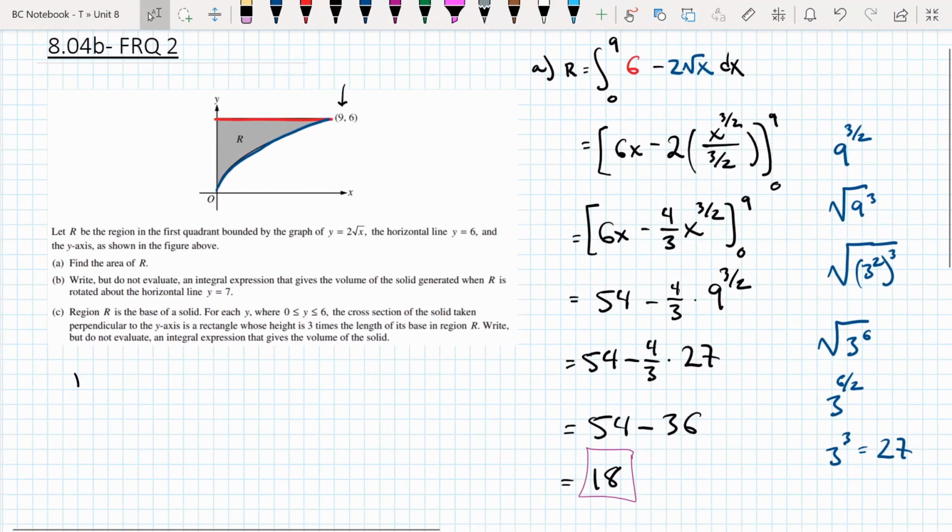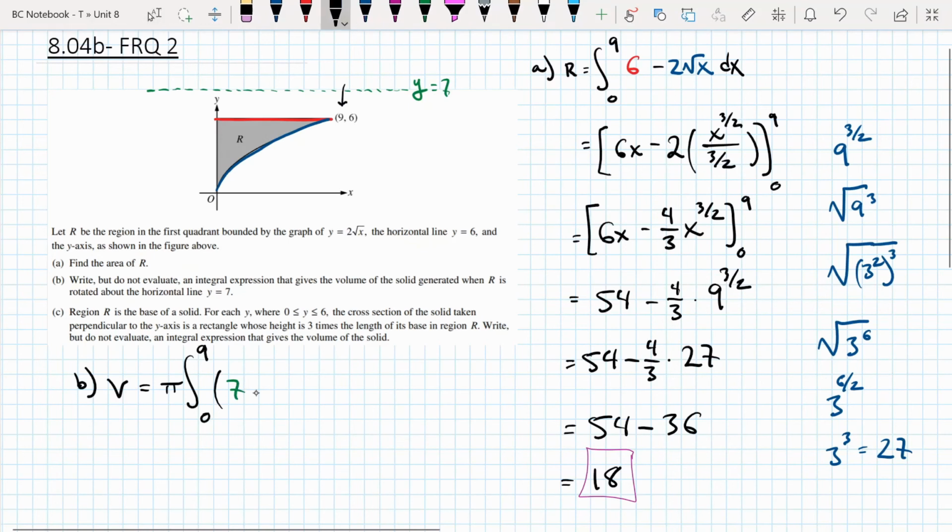Letter B is going to look very similar to the last question in FRQ1. So imagine we have a dotted line up here at y equals 7, because it's a horizontal line. Y equals 7. The volume generated by taking this region R and rotating it around the line y equals 7 will be pi times the integral from 0 to 9 of 7